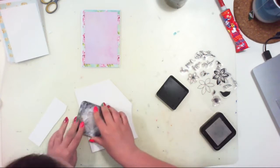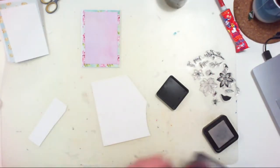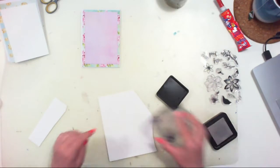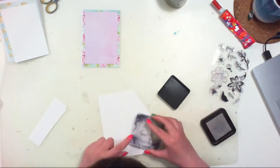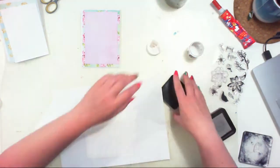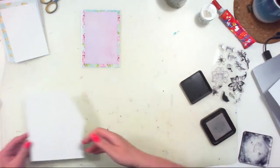watercolor paper using embossing ink, and I will cover them with white embossing powder because I want to add some watercolor later to create those artsy whimsical flowers. I am stamping two sizes of flowers. This stamp set can help you build flowers layer by layer, but I decided only to use one outline stamp to create with it. I will be using two sizes of flowers, the bigger one and the smaller one, along